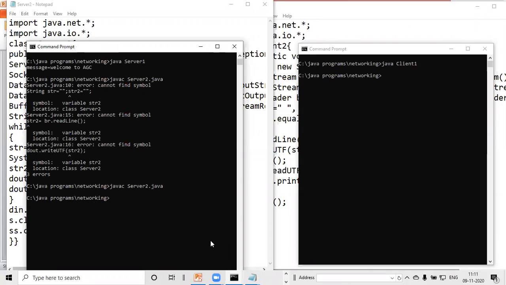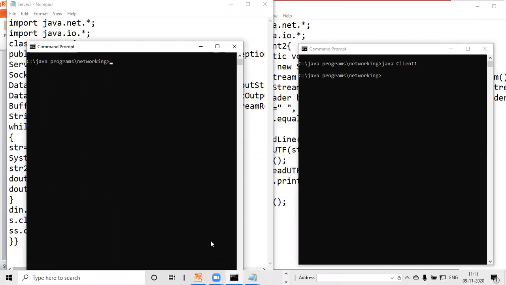Okay, so I just run this, clear the screen, and you can see that now this code is fine,